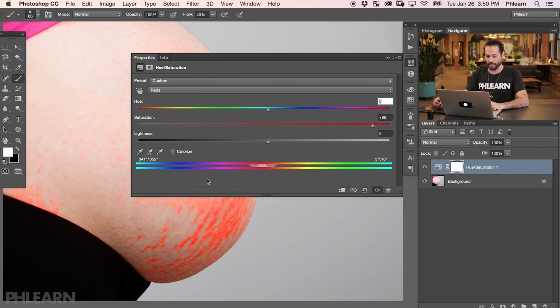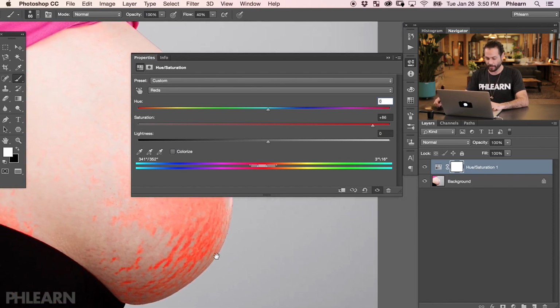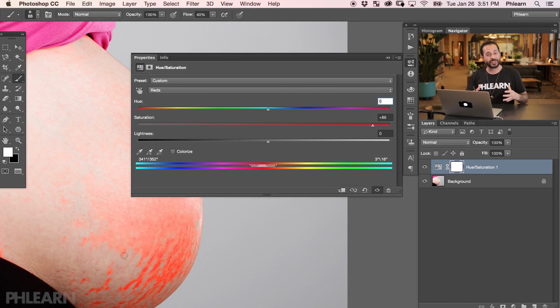So what we're doing here, we're affecting the red area, got some red on the belly as well, and it's targeting those stretch marks. So what we want to do now is change our hue saturation adjustment. We want to bring up our lightness a little bit, and we want to reduce the red. All right, so now it's time to change these stretch marks to the color of the rest of the skin. So we're gonna bring our saturation back down to 0 here. We'll just highlight that, hit 0, and hit enter.